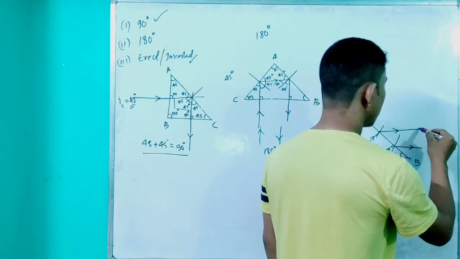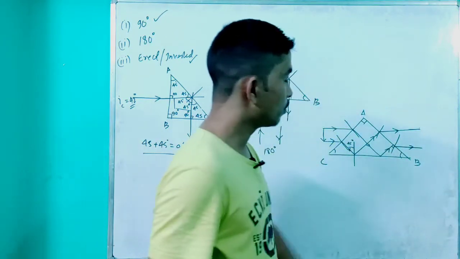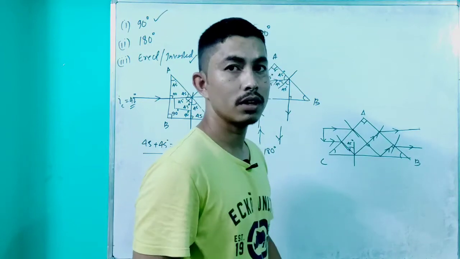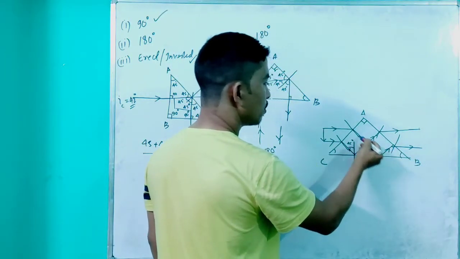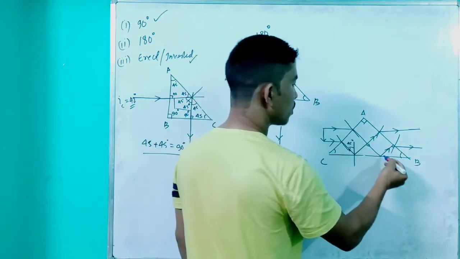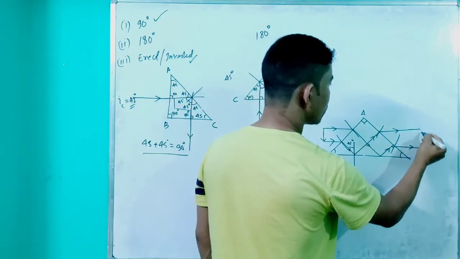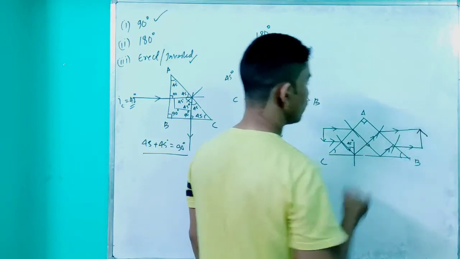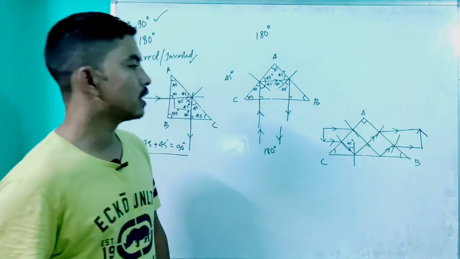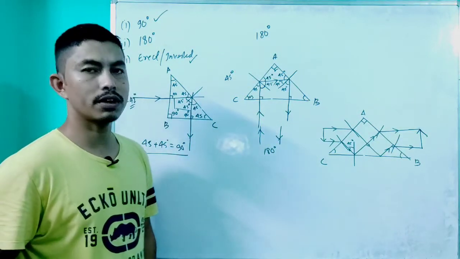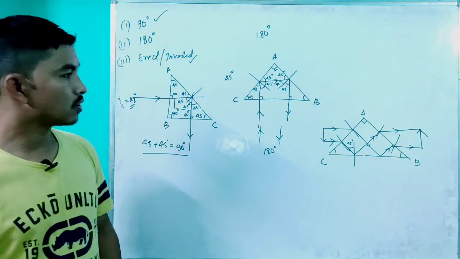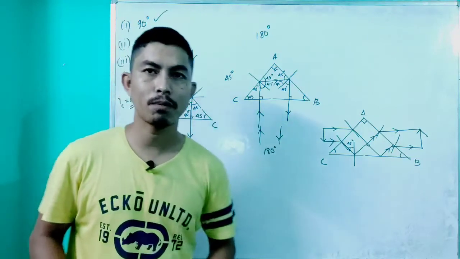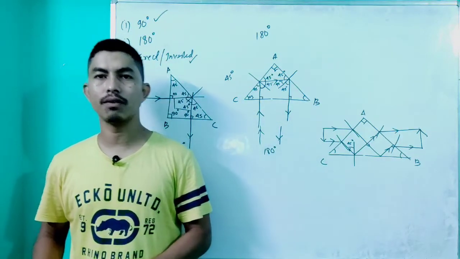Now trace it out, which ray is coming from which part of the image. If I see the lower ray, I follow the path back, and I see that the lower one is coming from the upper part. So here will be the tail and the upper part will be the head. So in this way we can erect an inverted image using a right angle isosceles prism. This is also an application of total internal reflection.